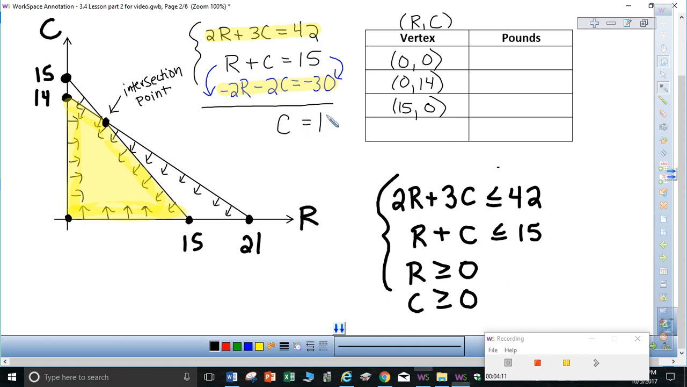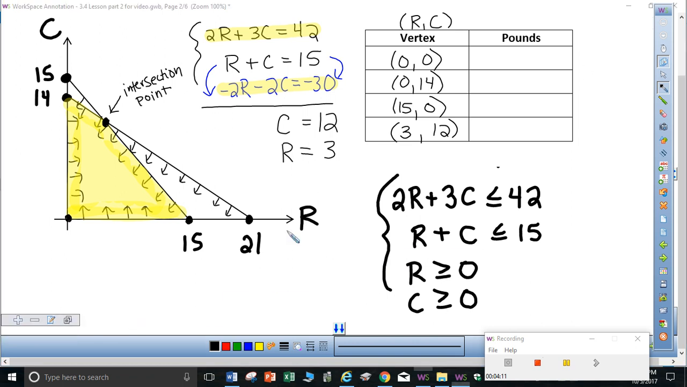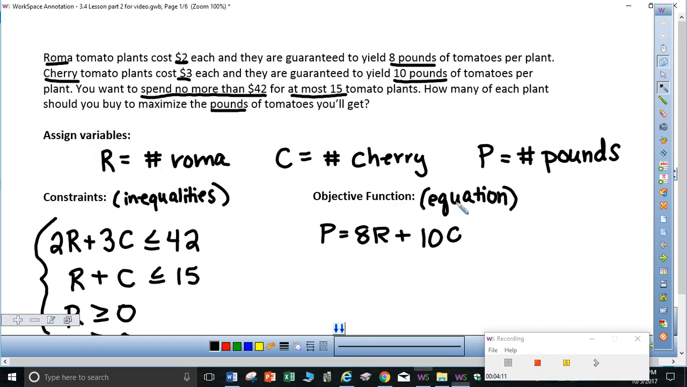42 minus 30 is 12. So that means it's going to be 12 cherry plants. So that's like the y value of our vertex point. Knowing that the total has to add up to 15, 15 take away 12 will leave us with 3 Roma plants. So once we have our vertex equations there, we're going to plug them into our objective function, which is